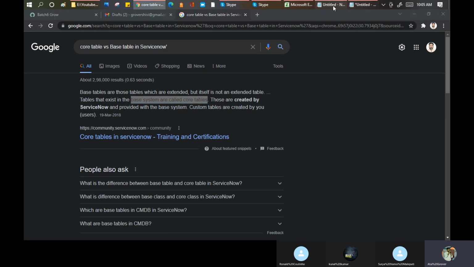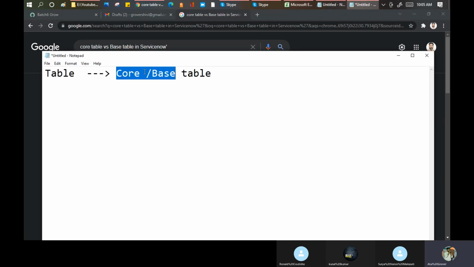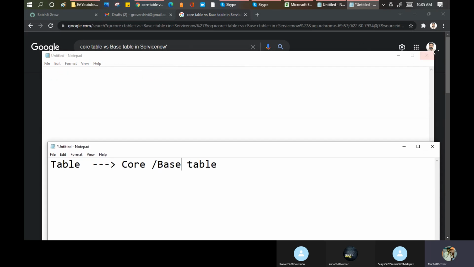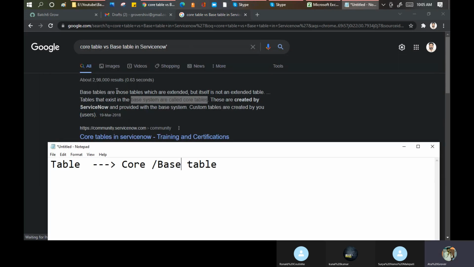In short, the term is the same, core or base, but the definition: base tables are those tables which you can extend, but these tables are not extended from another table. When I show you the practical thing, you will be able to understand this part.